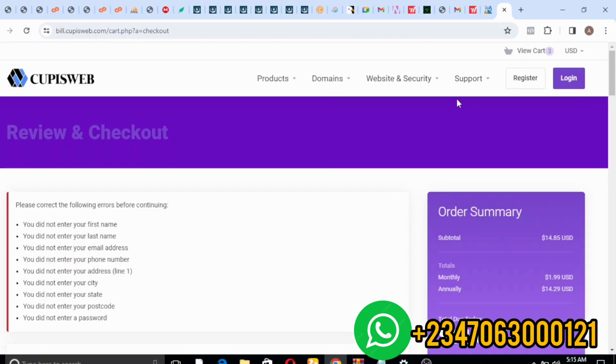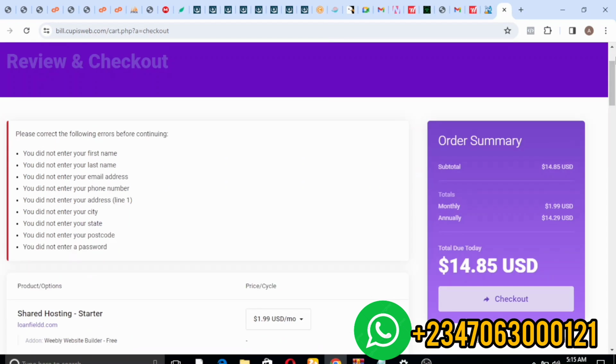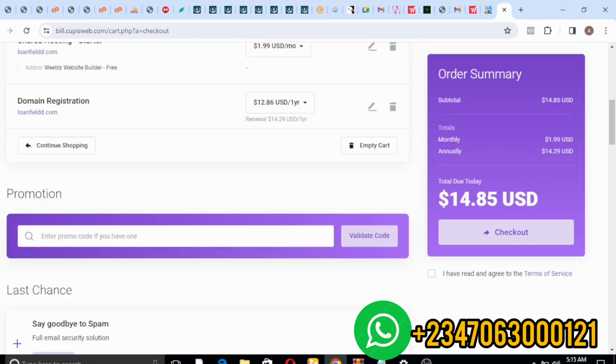Okay, like I said, you need to have an account with them. If you already had an account, you would have just gone ahead and initiated the payment. When you successfully make a payment, you'll be given access to your cPanel login details, which come with a username and password, and also a link to log into your cPanel. When you've successfully logged into your cPanel,